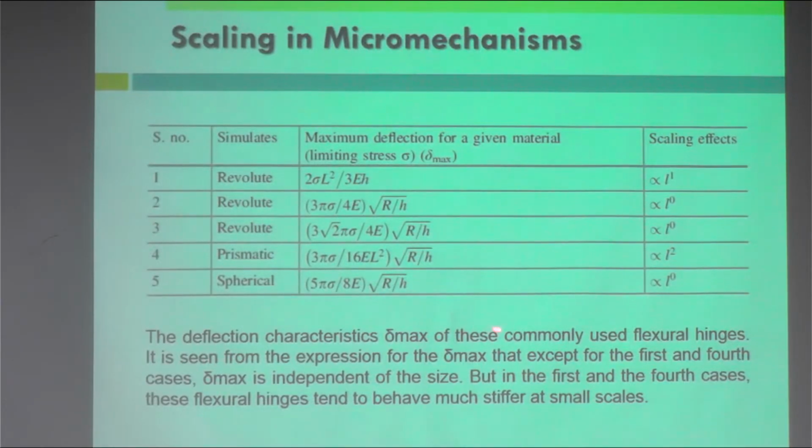characteristic Dmax of these commonly used fractural hinges is seen from the expression of the Dmax that except for the first and fourth cases, Dmax is independent of the size, but in the first and the fourth cases, these fractural hinges tend to behave much stiffer at the small scale. So